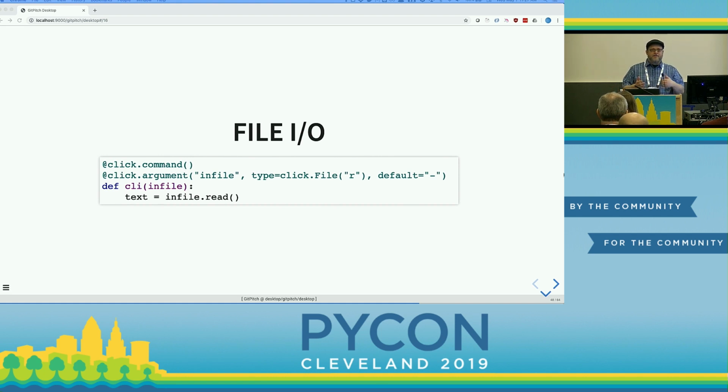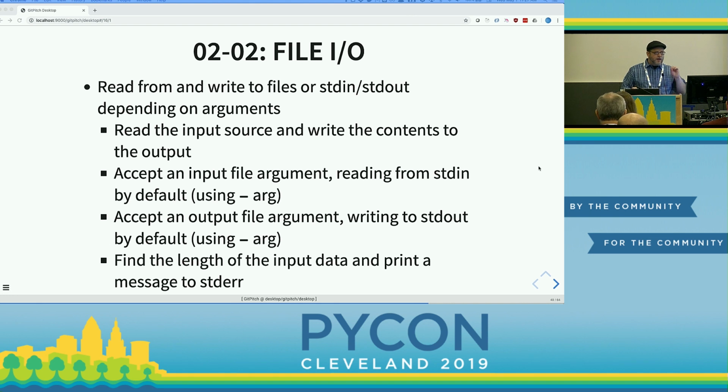But if you want to be able to read from standard in, you don't pass any arguments, and it's going to read from standard in, and then it's going to write to standard out. That's the program that we're going to write here. We're going to make something that will read from standard in by default, write to standard out by default, but then have an argument to be able to write the output to a file